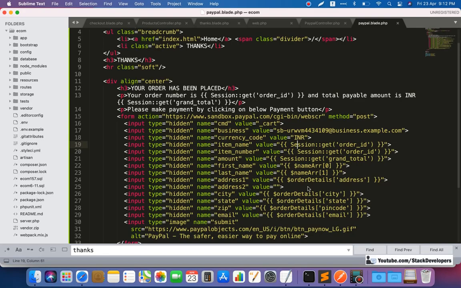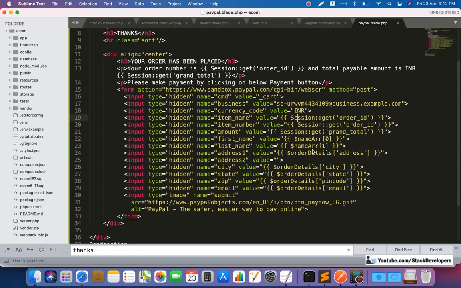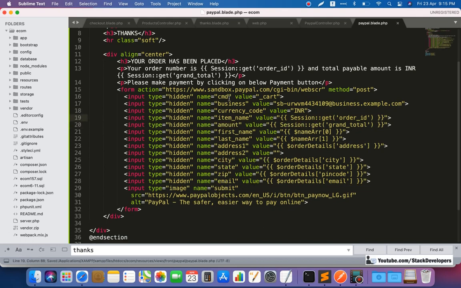So it means that there are few issues in our form. So we need to check once where is the issue. We can remove here item number, it is not required, and rest of the fields: CMD, business, currency code, spelling is fine.